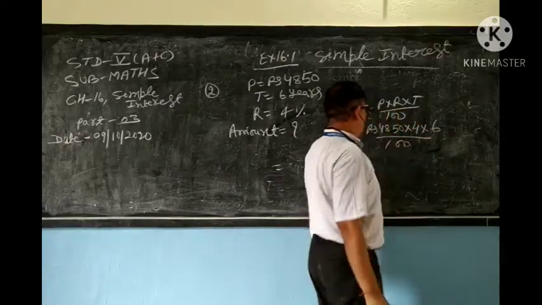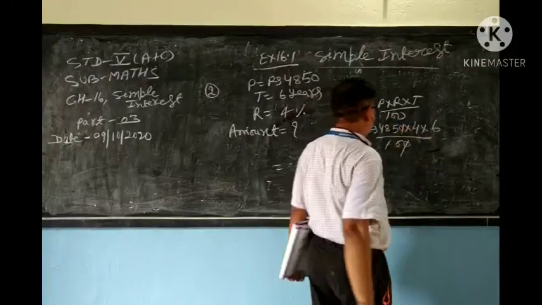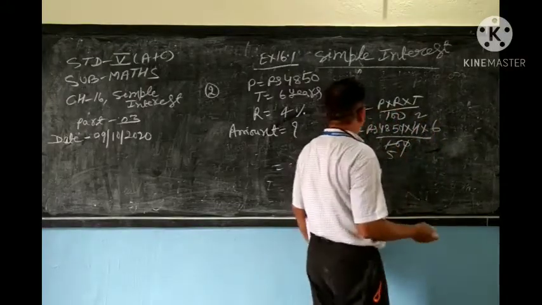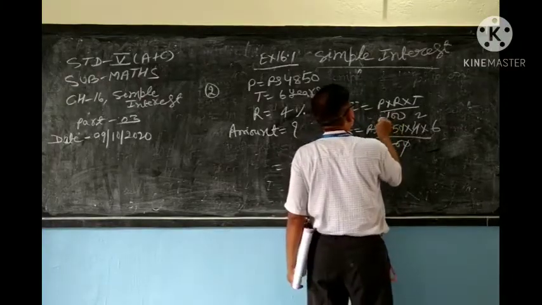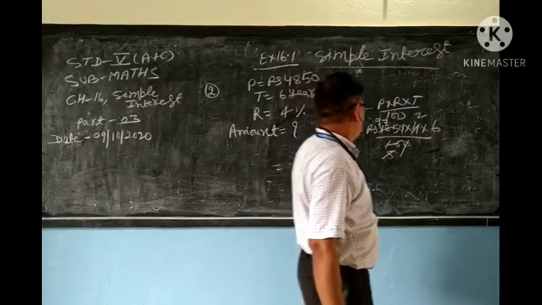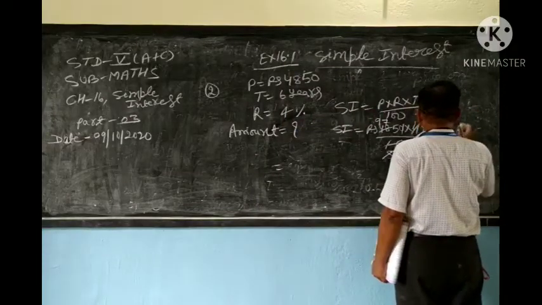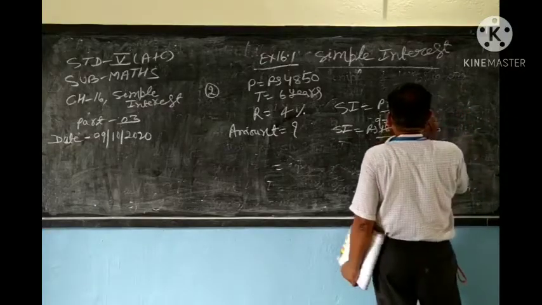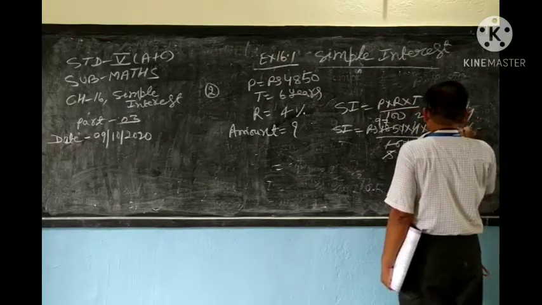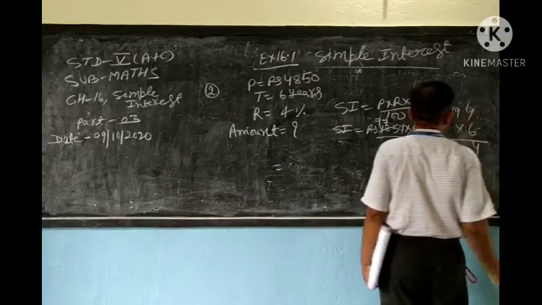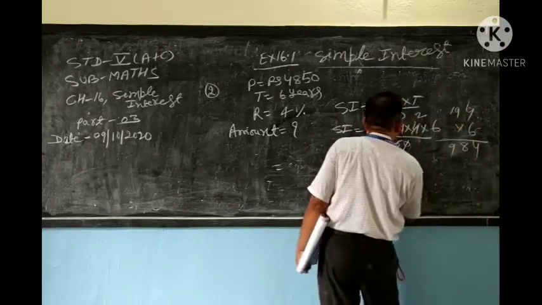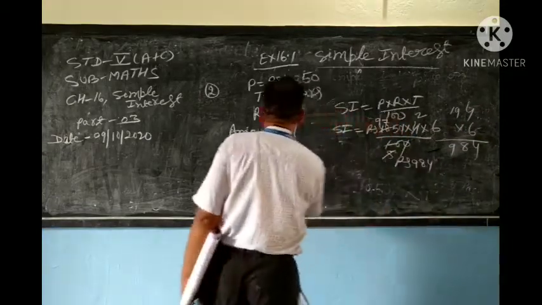Now my dear students, what will you do? See this one, cut. 4 divided by 2, and it will come 97 into 2, 194, into 6. Rupees 1164. Now amount is equal to